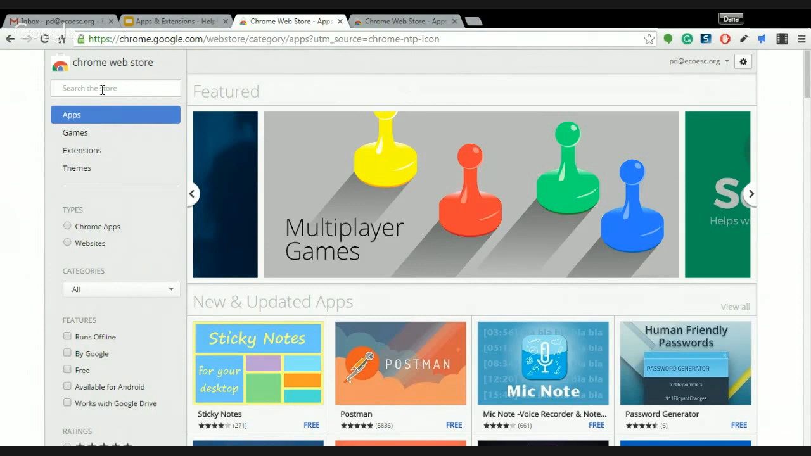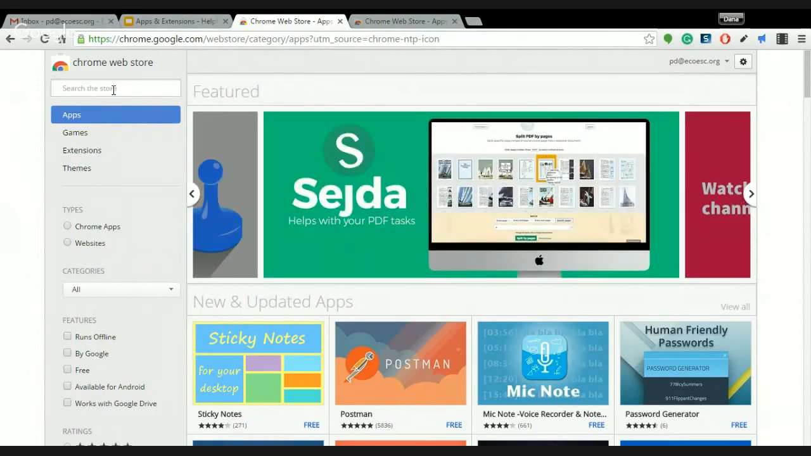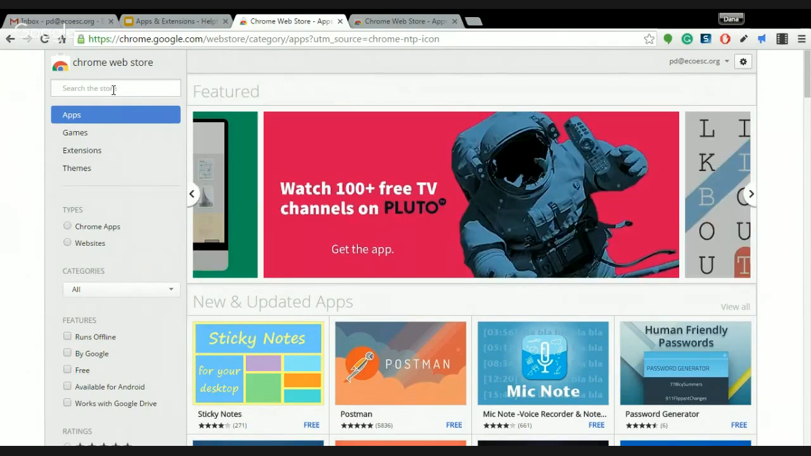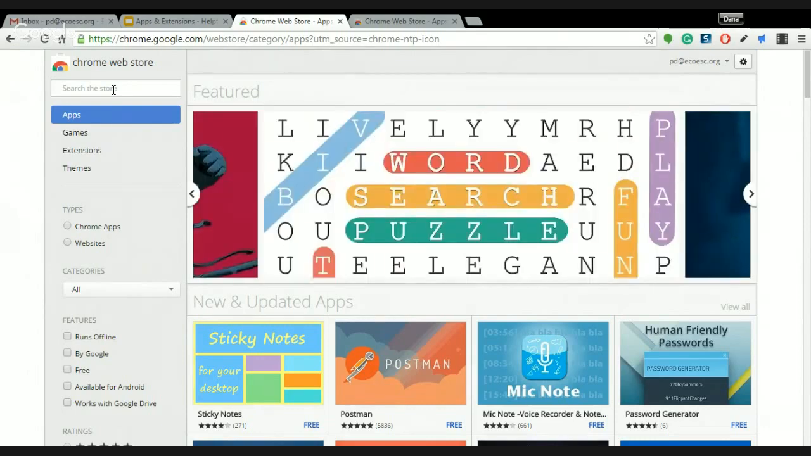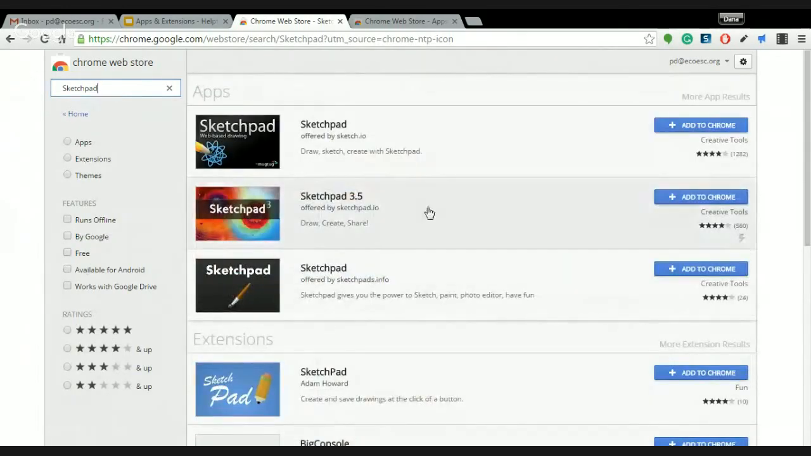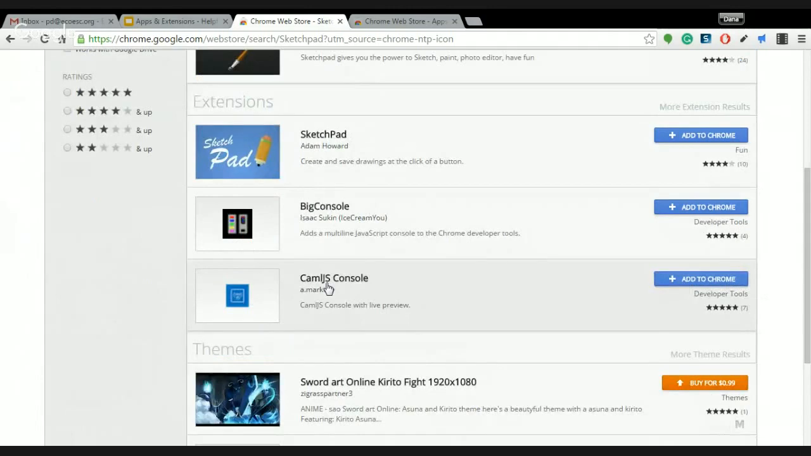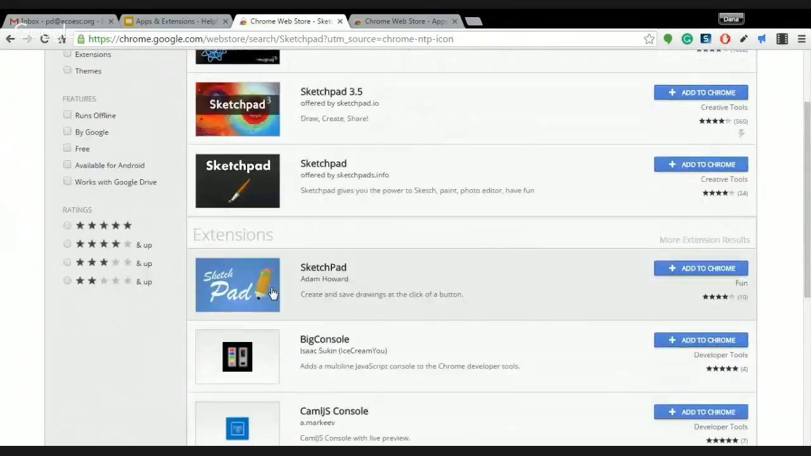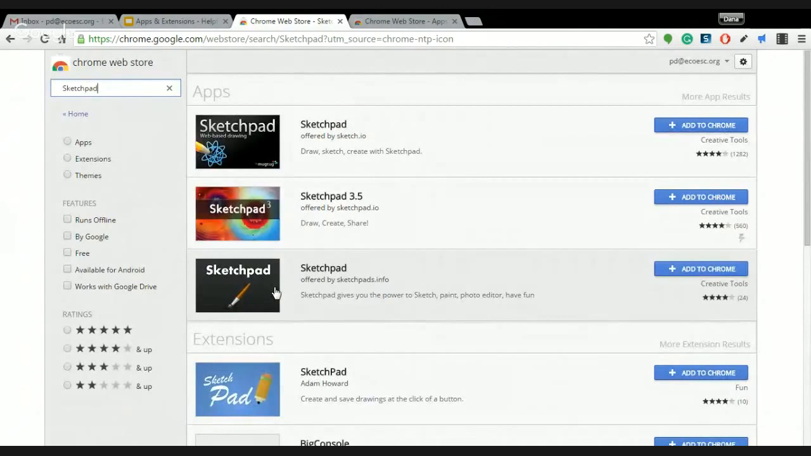In our app store, I'm going to search for an app that I know I do not have already on my computer. It is called Sketchpad. So in the search for the store spot, I'm going to type in Sketchpad, hit enter. After you do your first search, Google breaks it down between apps and extensions and then themes. So if it sounds like it's anything remotely close to anything that Google's offering, it's going to show up here